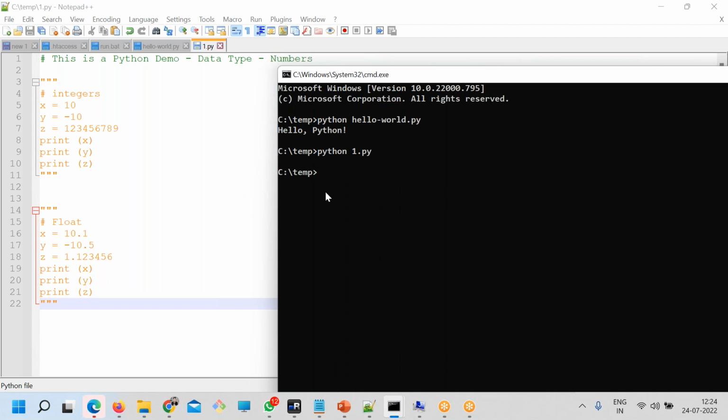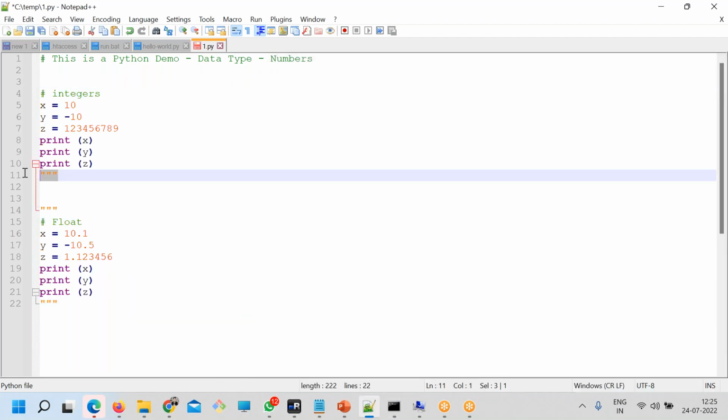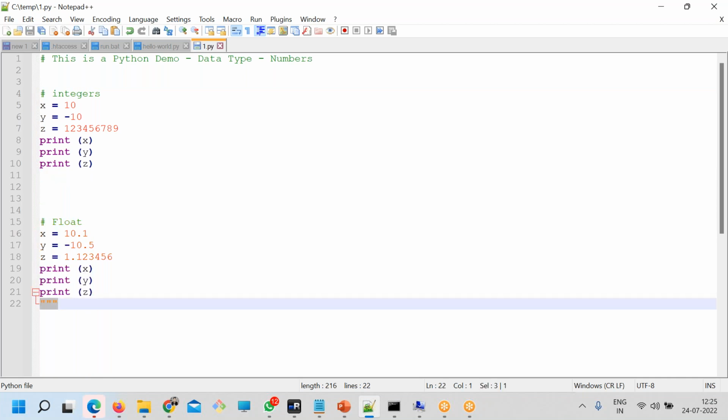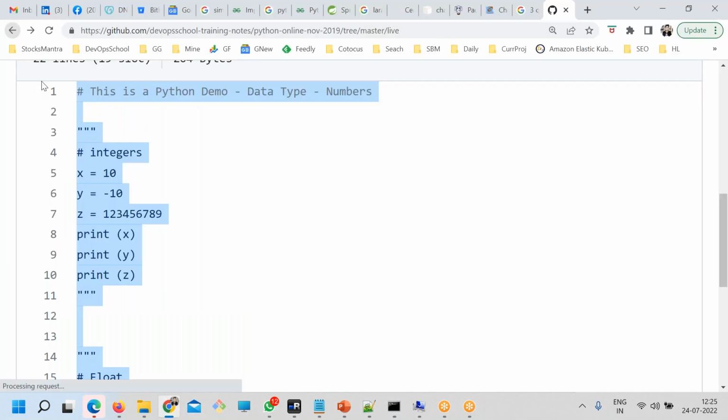One.py. It prints nothing actually. Not sure why. Anyone have an idea? It is in comments. True. So remember that this is a commented one, multi-line commented. Okay, so please understand that. Done. So that's program number one.